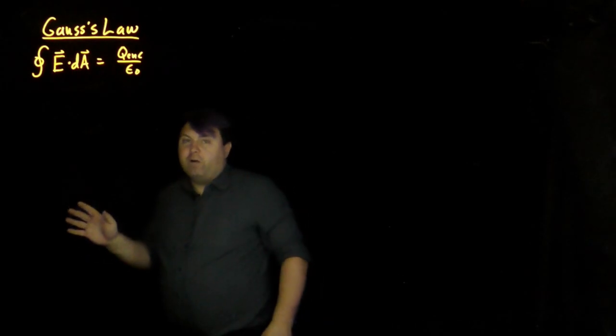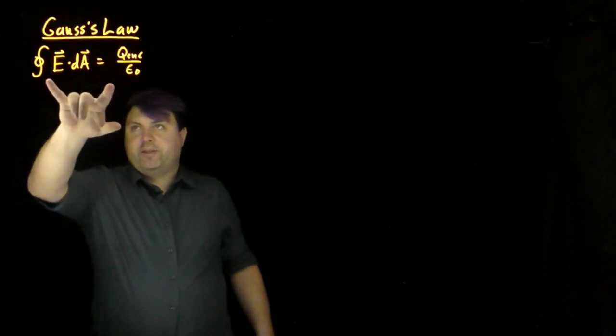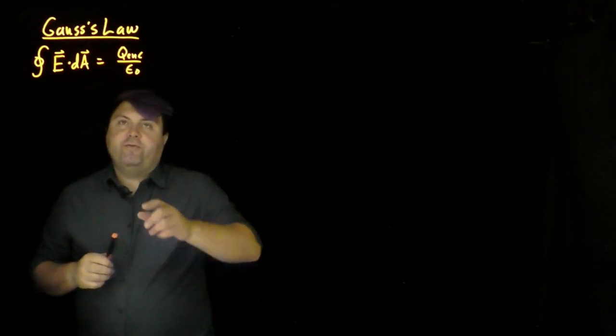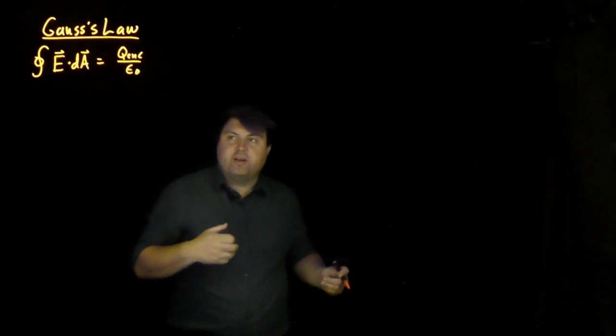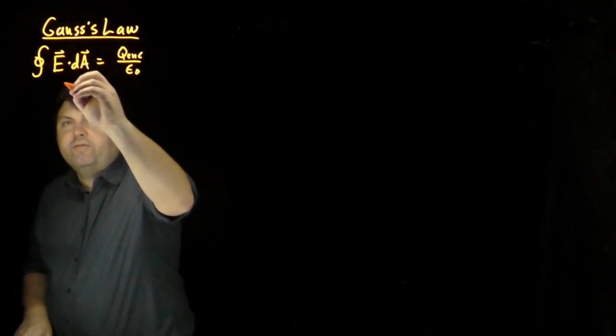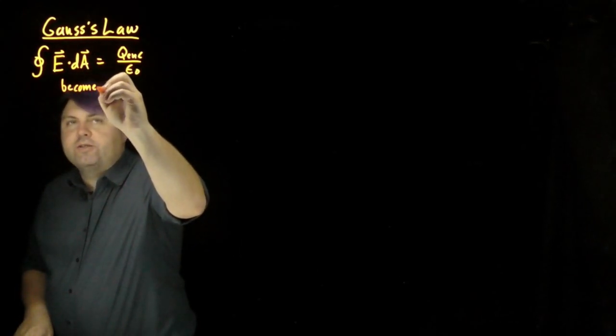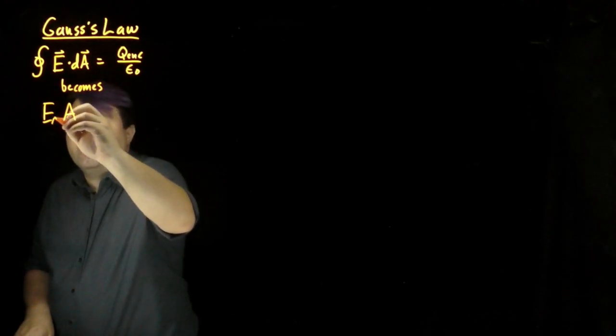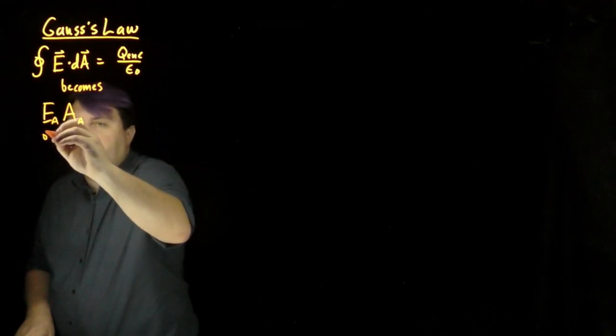Welcome. While we are solving Gauss's law, we start out with this equation of a surface integral of the electric field equaling the charge enclosed over epsilon naught. But as we begin solving this, what we really want to solve is the electric field times the area of a specific single surface A